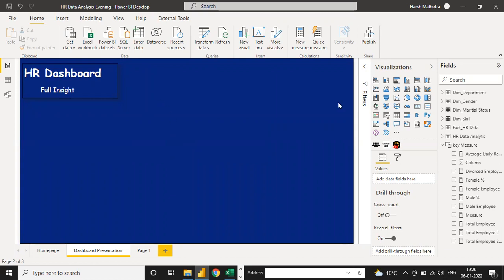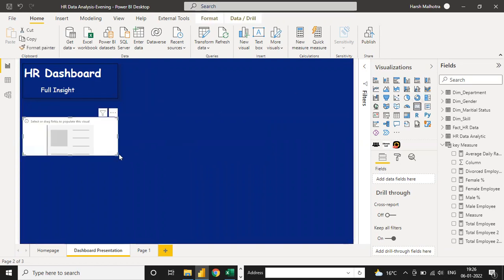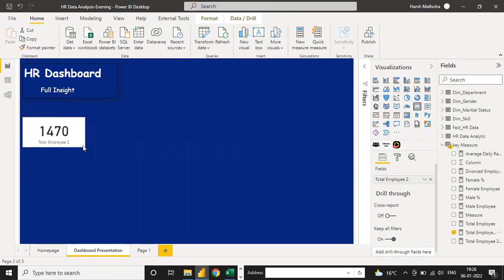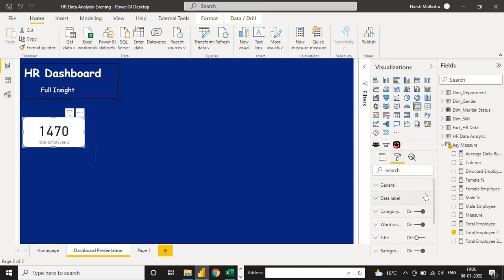So now if I click on this card chart, you can see here the card chart. Click on this card chart here. Here you can select your total employee. Under this field tab you can put it, and you can see your value is there, 1470. Okay, so now you can change the formatting of this visualization.